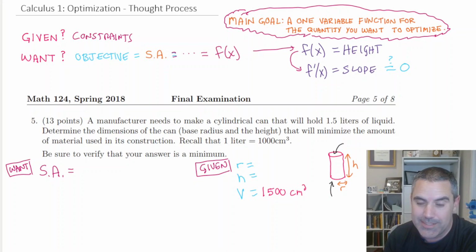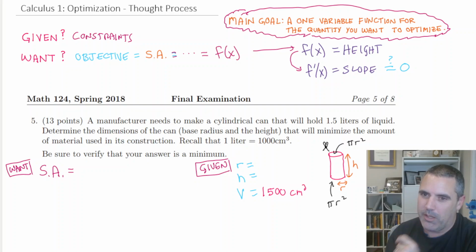If I was there taking the test, I'd raise my hand and say, is there a top and bottom? The area on top is pi r squared. The area on bottom is pi r squared. The surface area you can remember by the next time you go to the restroom, because if you take a piece of toilet paper one time around and unroll it,